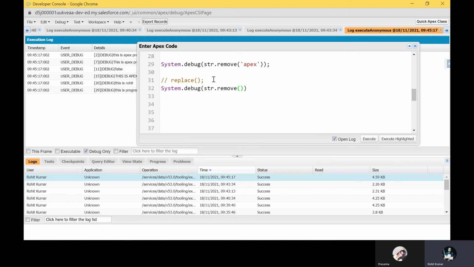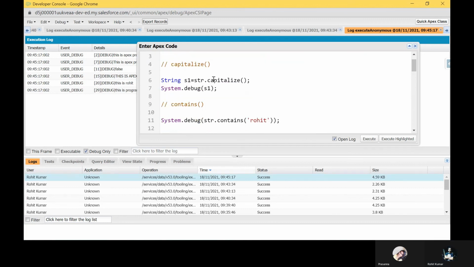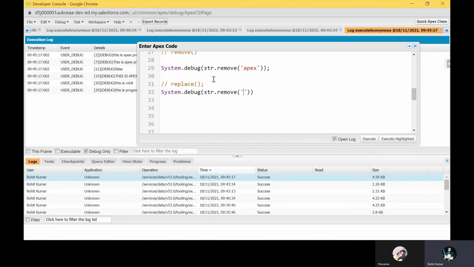Under the method, first you have to write the correct string, which you want to remove, and which word you want to take. I want to take RONG instead of RING. In place of RING, I want to use RONG.